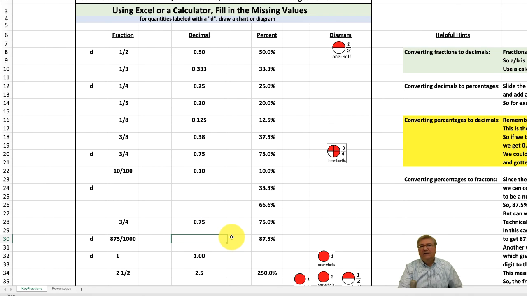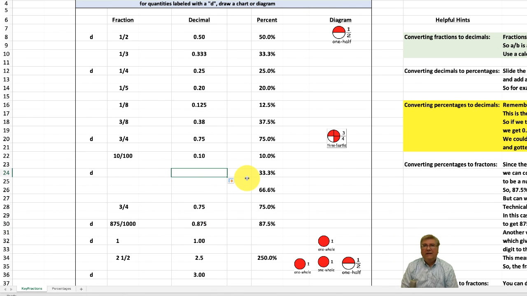Okay, and then once again, to create the decimal from the fraction, that's easy. We can just use a calculator if we wanted to do that, but it's simply 875 divided by 1,000. And remember, to get the decimal from the fraction, you just divide the numerator by the denominator, equals 875 divided by 1,000, 0.875. Now, in the case of 33.3% and 66.6%, these are rather special cases because we're dealing with infinite number